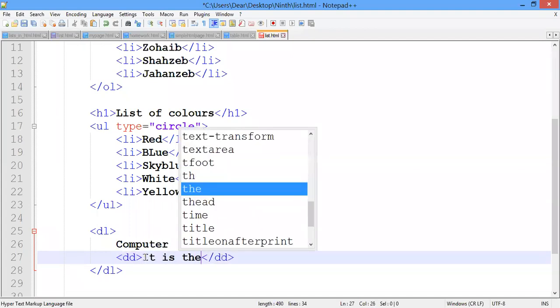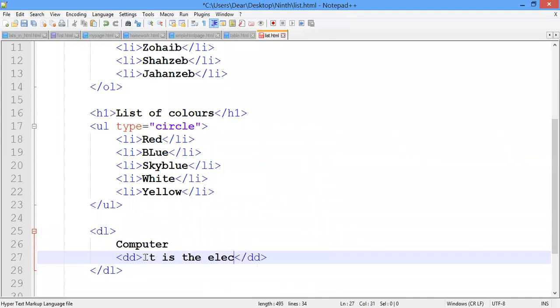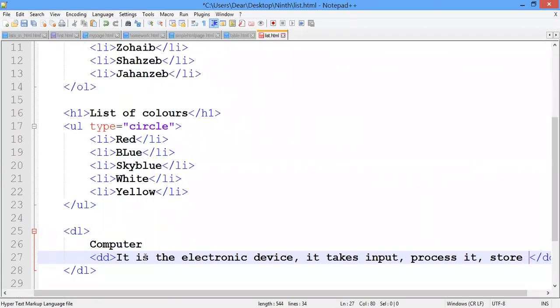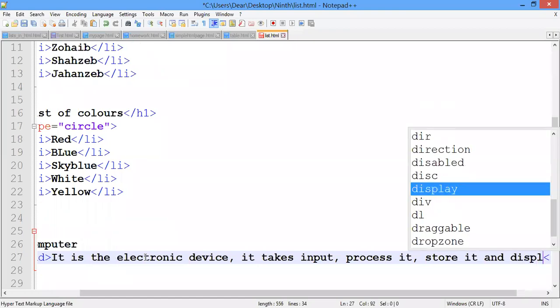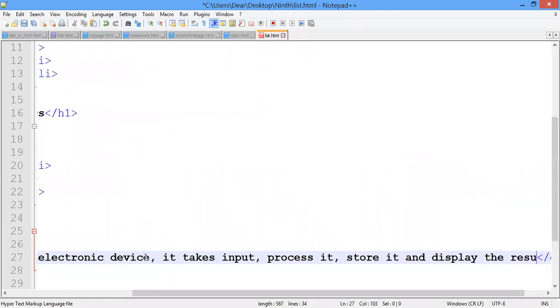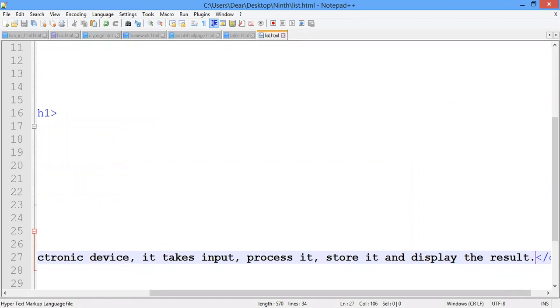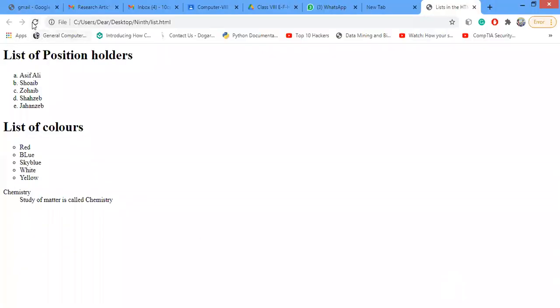It is an electronic device, it takes input, processes it, stores it, and displays the result. Just save it, then you have to reload it in your program. So is it clear to you?